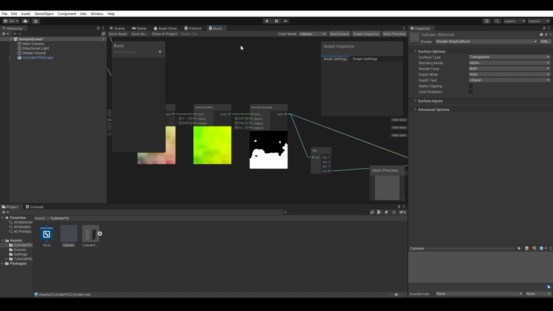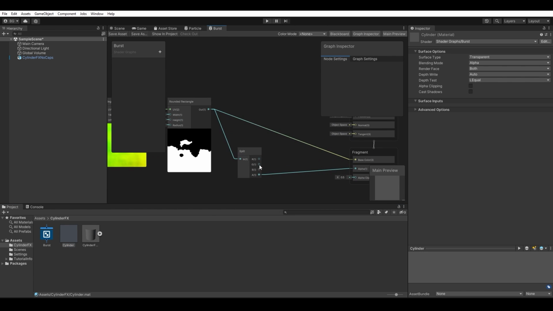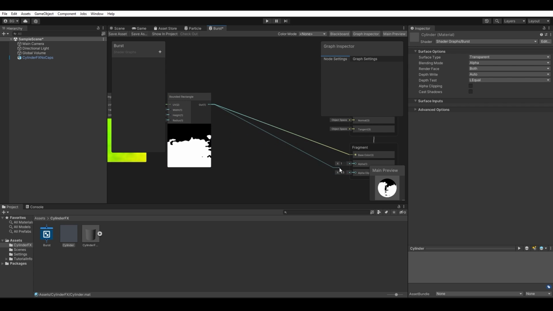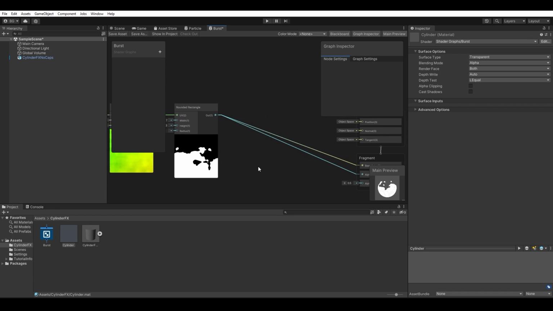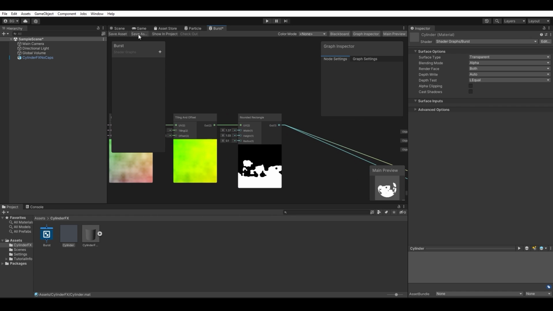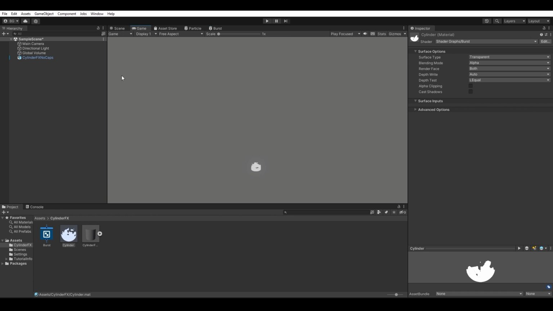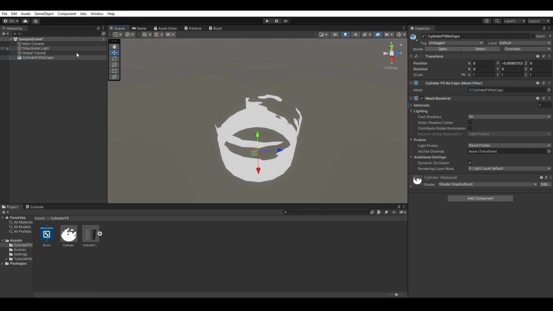What's going on here? Oh, this doesn't have alpha information. Doi. You don't want to split it. If you had a regular texture that actually had alpha information, you could, but we just want to plug it in like that because this is already white. No alpha information on this. So just plug it directly into the alpha. Hit save again. Now we can see our cylinder here